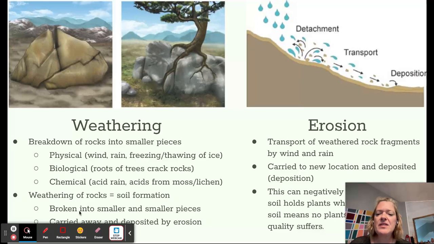Okay, and then these rocks basically are broken into smaller pieces. They're carried away, they're deposited by erosion. And erosion is super important because it does transport this weathered rock fragment by either wind or rain. It's carried to this new location, wherever that location is. It basically runs down because of gravity and it gets deposited somewhere, usually in the bottoms of lakes, or it